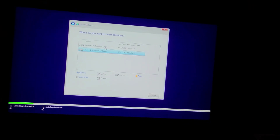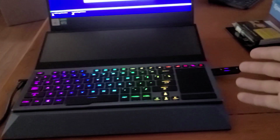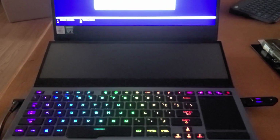I've gone through the setup and everything, getting to this point here, entered the Windows 10 serial number. Obviously, this comes with Windows 10. I don't know why I'm mentioning that. But the serial number and everything is paired to the BIOS, so you don't need to enter your product key for Windows 10 again. However,